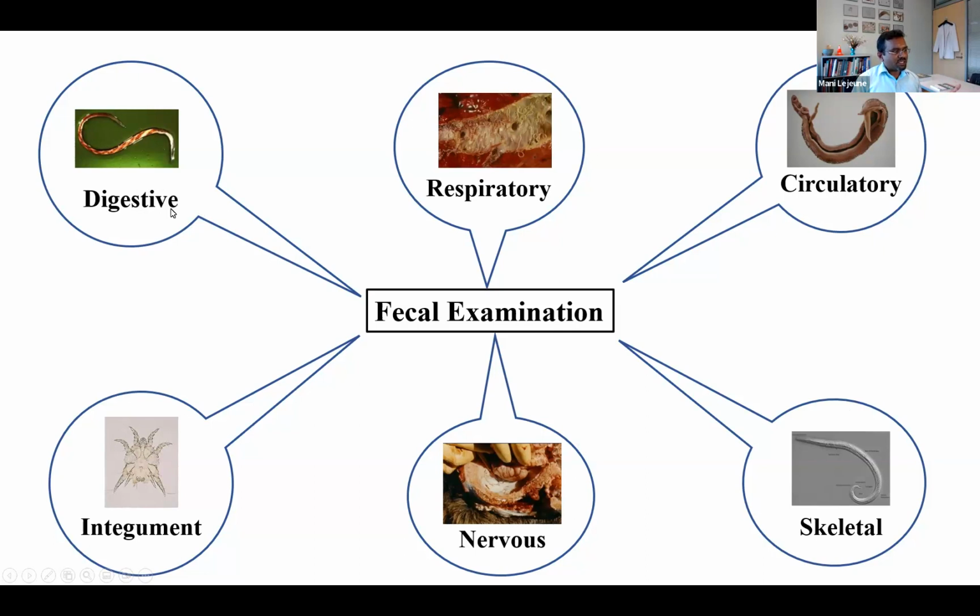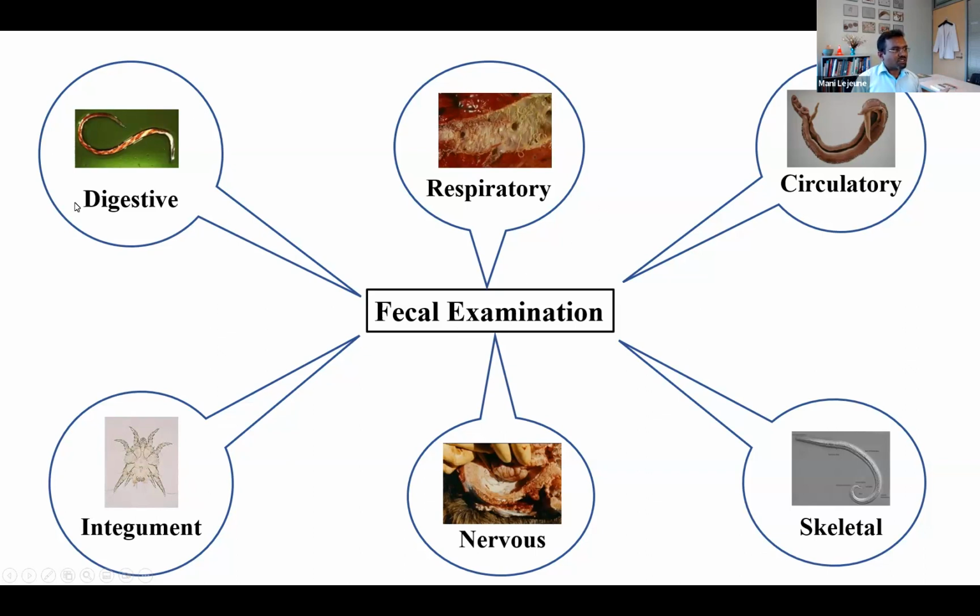Obviously, any parasites present in the digestive tract void their eggs, oocysts, or cysts in the fecal sample. Similarly, the lungworms, which are in the respiratory system, void larvae in the fecal sample. And I have here the integument, where you would find mites and other things. Animals lick the skin, and these are taken inside,